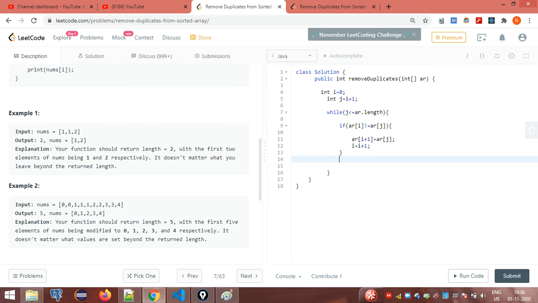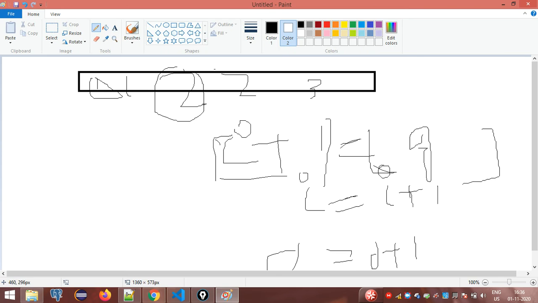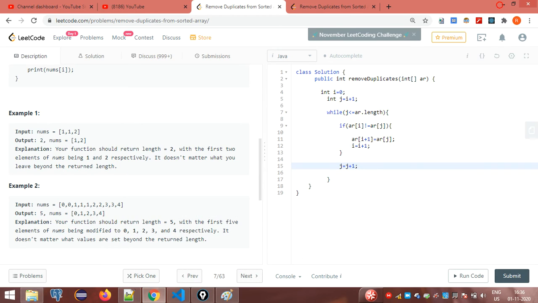Okay, and now the last step is that every time you will be incrementing j, like j will be pointing to j plus 1 every time, whether this condition is true or not, because we need to check whether for the next iteration it is equal or not. It is the other condition that we have written for the if condition, but j will be going up to the last index, like this is array of length minus 1, because array index starts from 0. If 5 is the length of the array, then 0 1 2 3 4, we need to go up to the fourth index, because array starts from 0.